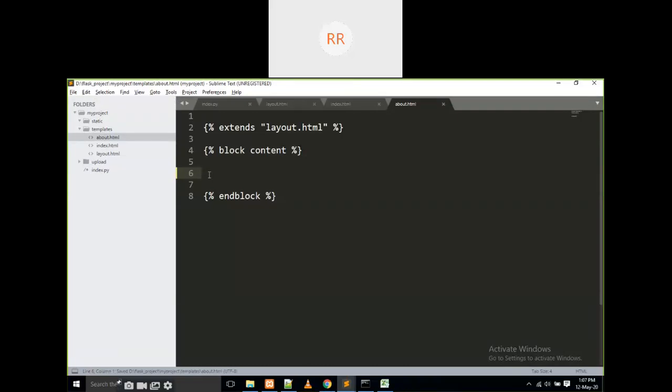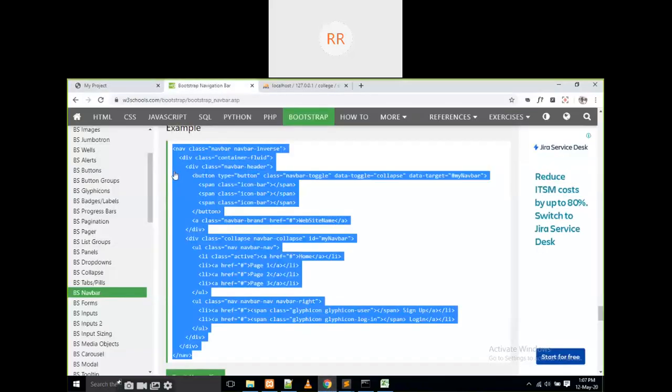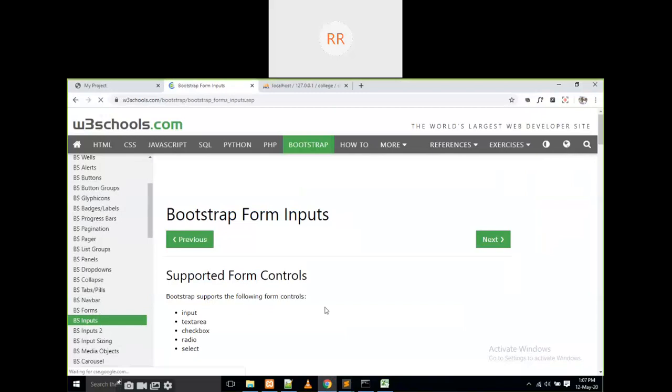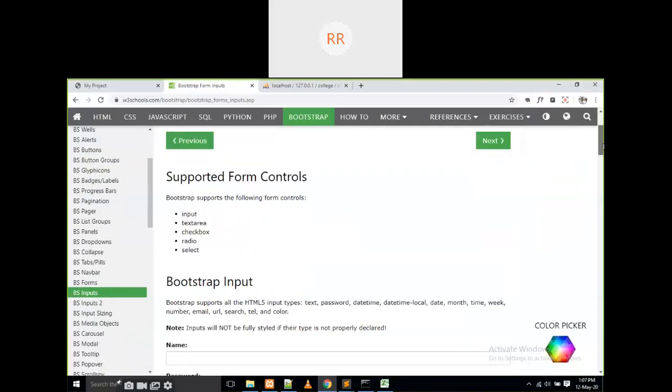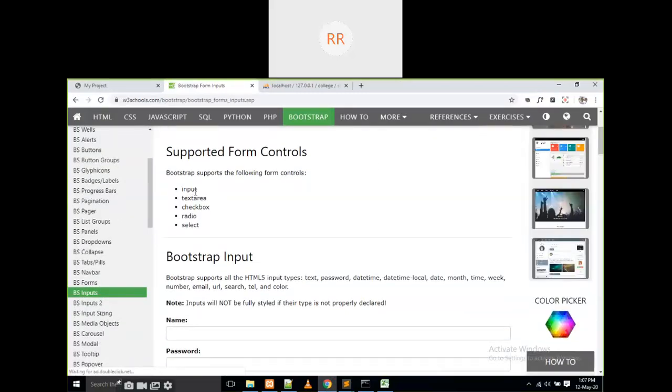First of all, how to add some content. Go to bootstrap inputs, just click on inputs. These are the input areas. What are the input areas? First one is text area, text box, a checkbox, radio button, select button, and like this.